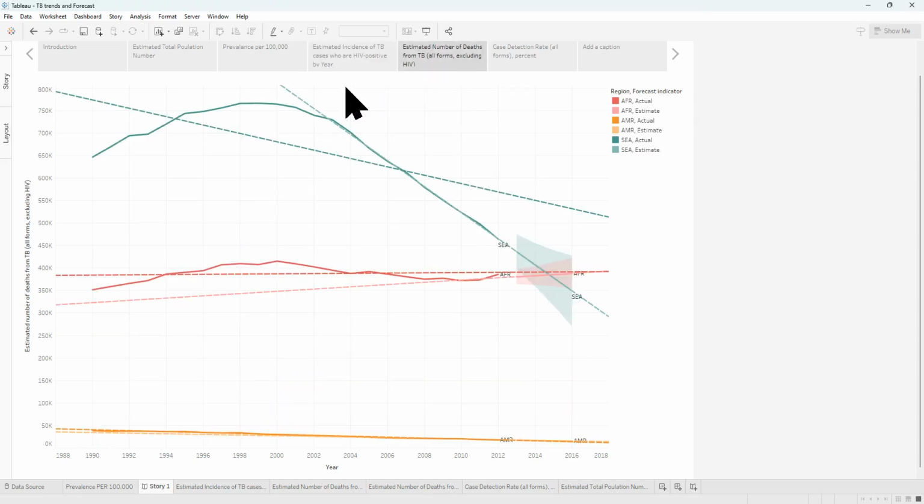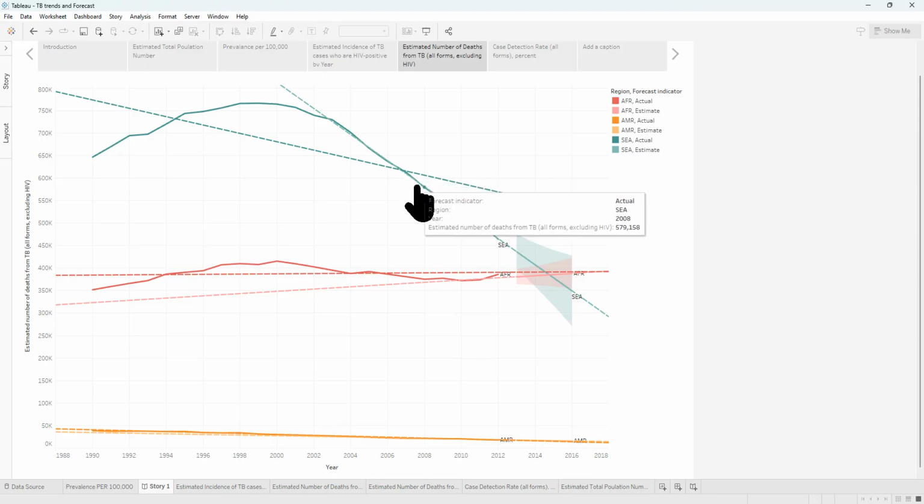Now, if you look at the other graph I have, tuberculosis without HIV, you see that the cases they found in Asia are significantly higher than in Africa. So in Asia, if you have tuberculosis, you're less likely to have HIV than in Africa. In Africa, if you have tuberculosis, you're more likely to have HIV, which is very interesting for a lot of reasons.